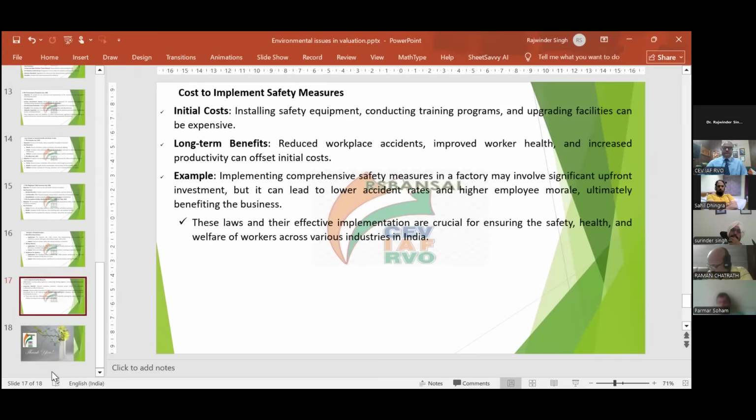So, cost to implement safety measures. Initial cost for safety equipment, conducting training programs, upgrading facilities, these can be expensive, but it has a long-term benefit. It means it will reduce workplace accidents, improve workers' health, and increase productivity, which can offset this initial cost. For example, implementing comprehensive safety measures in a factory may involve significant upfront investment, but it can lead to lower accident rates and higher employee morale,